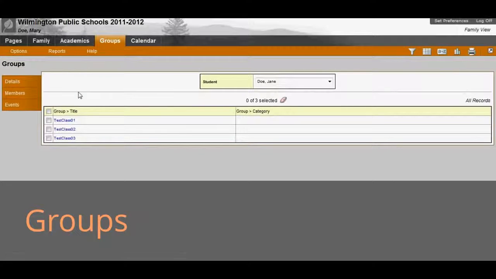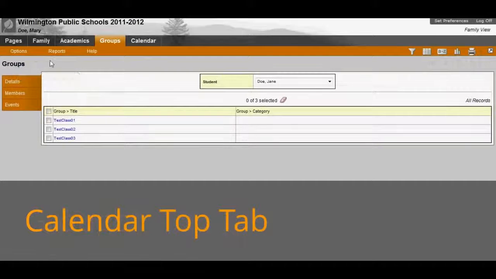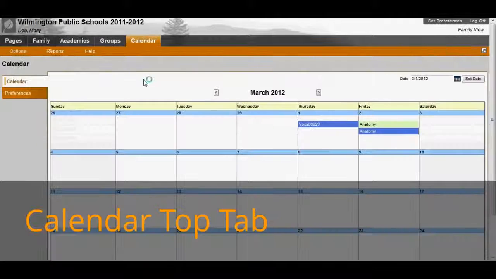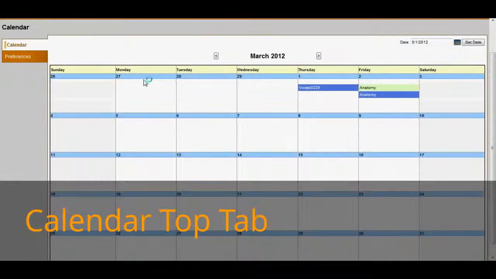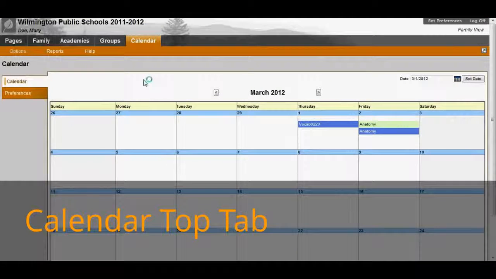Again, you can look at the details, members of those groups, and any events related to that group that are upcoming. Calendar: this would be any homework assignment or upcoming quiz. If it's been posted by the teacher, you'll see them in this calendar view. You can see some